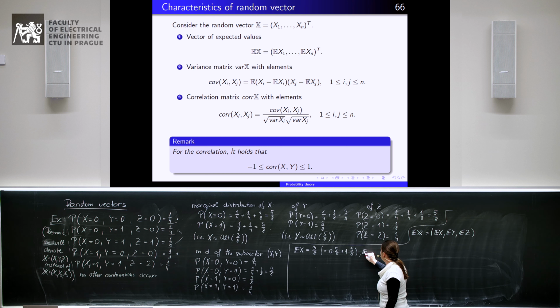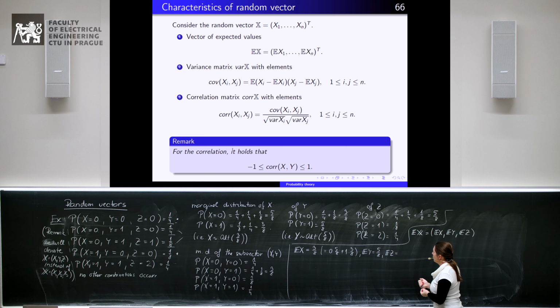Analogously, expected value of Y is 5 over 8, and the expected value of Z